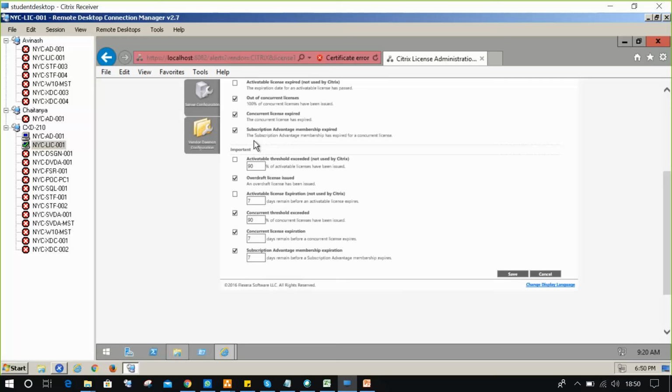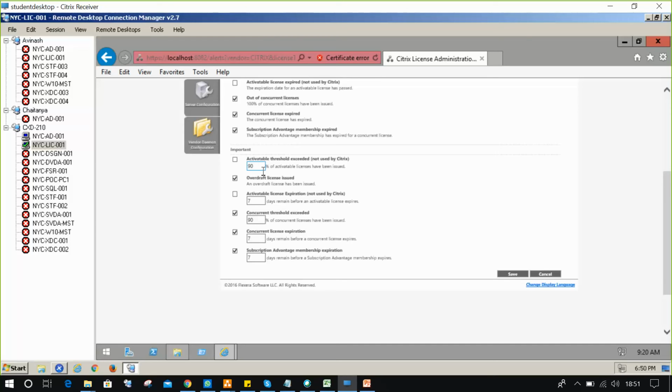For example, if the licenses are being used beyond a threshold, you want to get a notification. Otherwise, after the complete license utilization from Citrix, you will be notified there are no licenses on the license server, you will not be able to access the session, and that will be a big problem for you. For that reason, you have to give an alert notification some days before. For example, threshold exceeded at 90%. Say there are 1000 licenses.